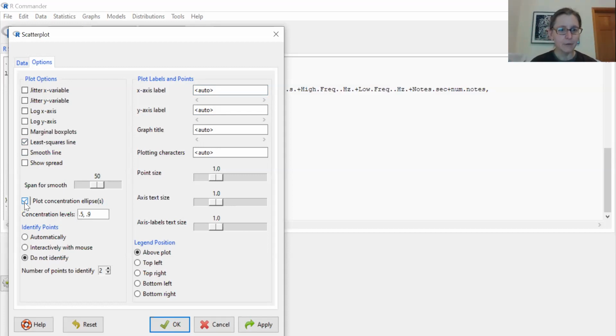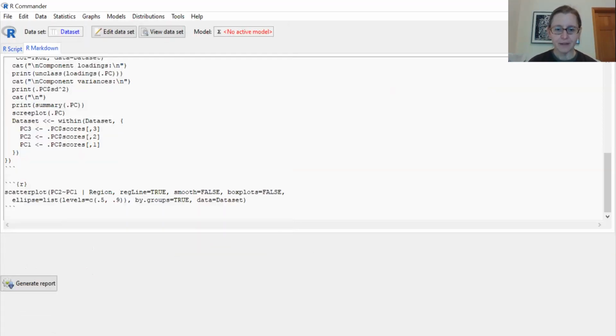And here we have concentration levels of 0.5 and 0.9, so think of that as 50% confidence and 90% confidence. I think that would be interesting to look at both. And I'm going to select OK. Generally you don't do both lines and ellipsoids, but I'm going to do that in this tutorial just so that you can see what they look like. I would suggest picking one or the other. I'm going to select OK, and then I'm going to need to share